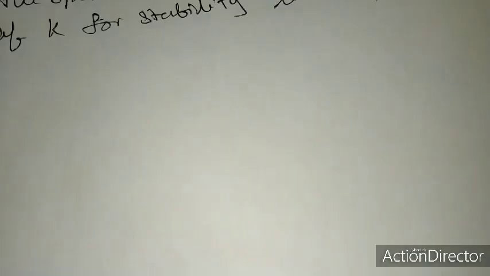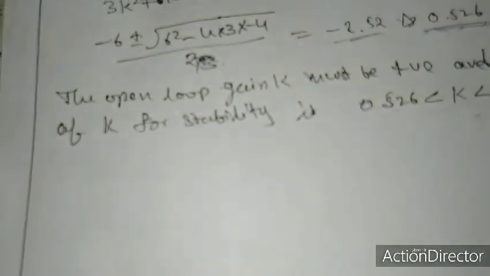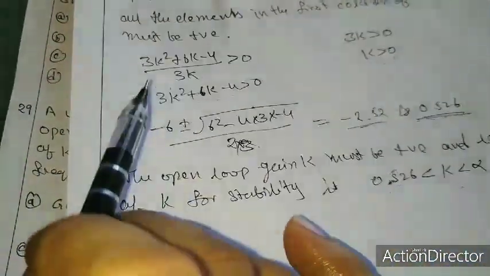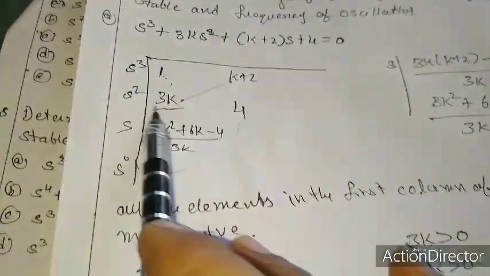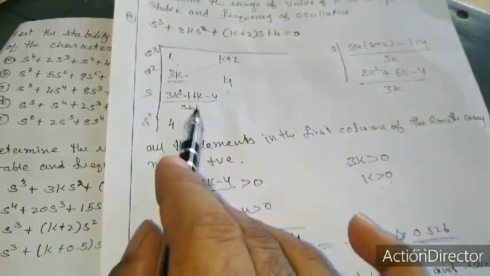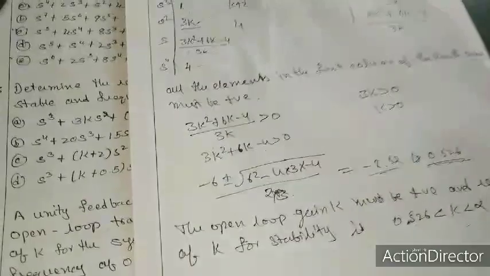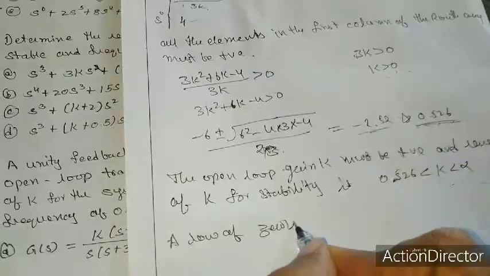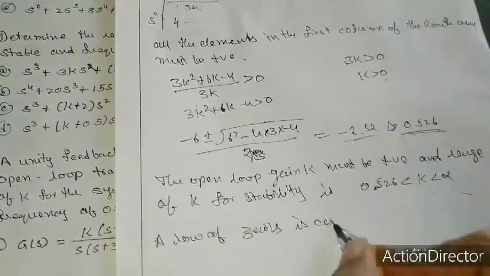One more thing, we have to find the sustained oscillations. To find the oscillations, we substitute 0.526 in this. The row of elements should be 0, so I will take this as the row of elements to be 0. So I will consider this auxiliary equation. If I consider this 0, this should be equated to 0. So a row of zeros is considered,